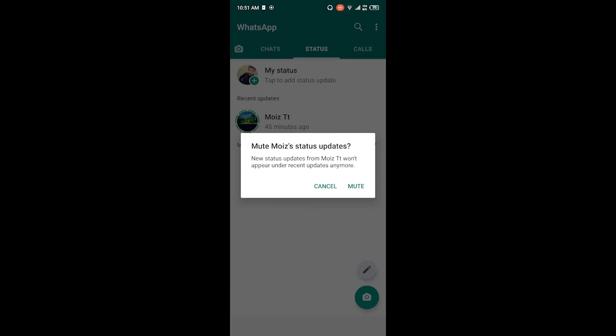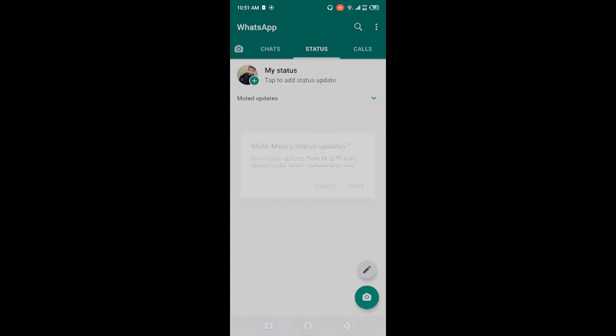You simply need to hold that conversation, and here you can see that new status updates from your friend won't appear under recent updates anymore. Then you need to click on mute. So now you can see that my friend's status is moved into the muted updates, and if you want to